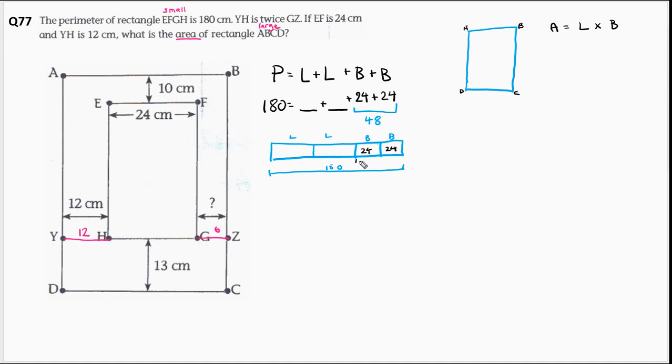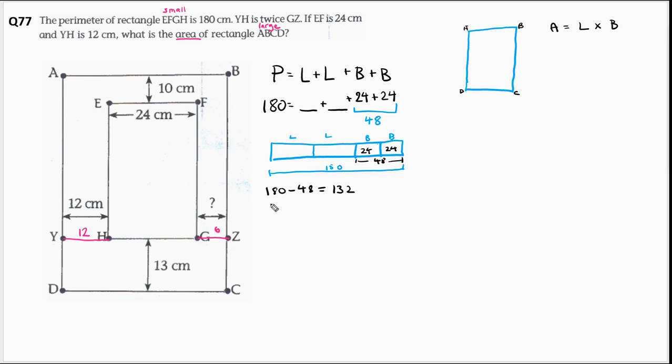And therefore, we know that those two together are 48. Okay, so it's hopefully easy to see if we take 48 from 180, we're going to be left with the value of these two parts. So let's do that. 180 minus 48 is going to give us